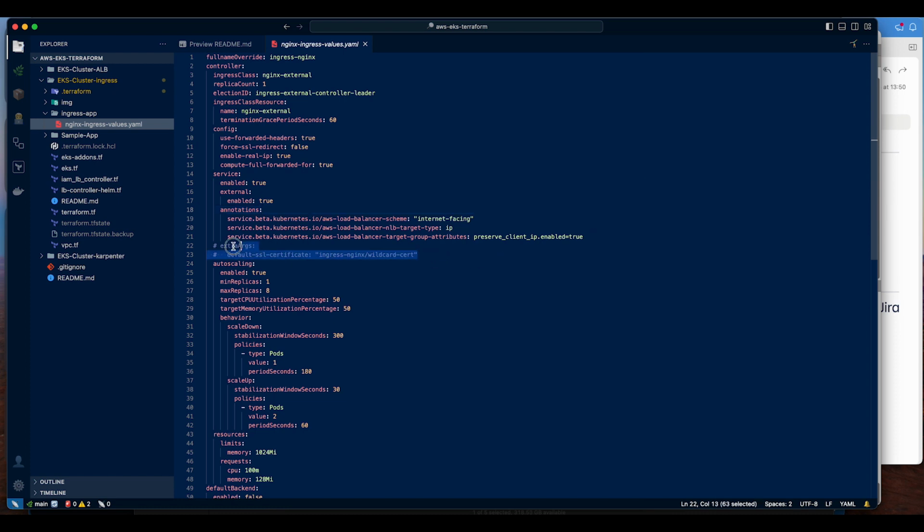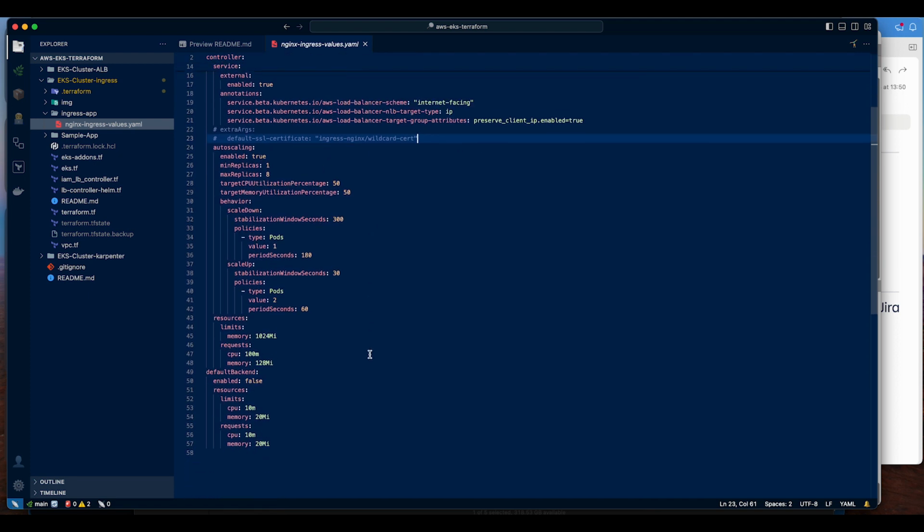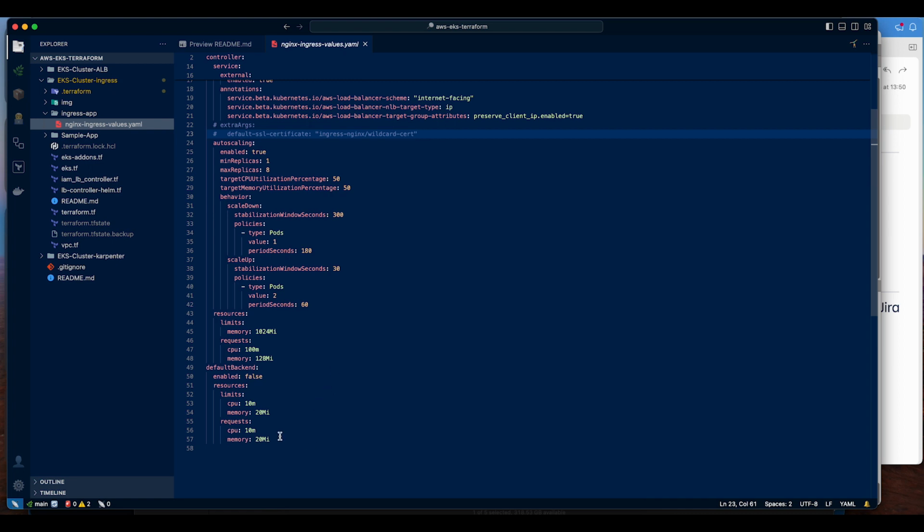So if you have a default certificate, you can always enable that. It's always a good idea to have a default certificate. So any URL that does not have any certificate, you can always get a default one. I have configured the auto scaling group and also defined some resources. Default backend is another port. If you want to, you can enable it for any request that does not have a valid host name configured